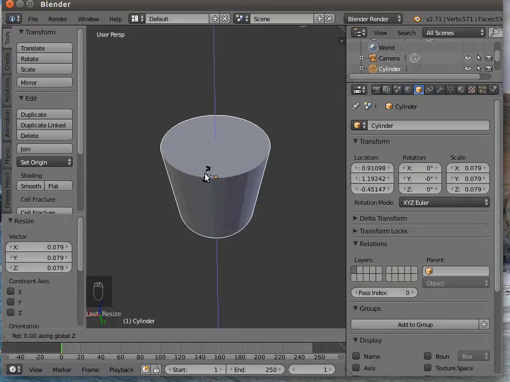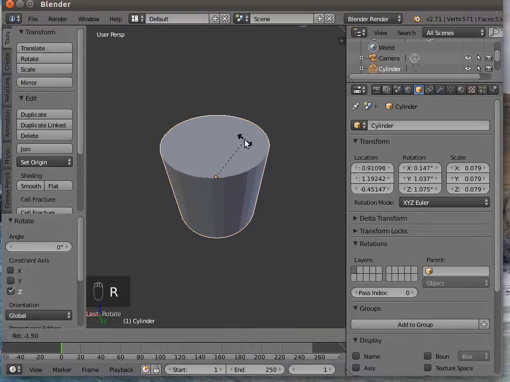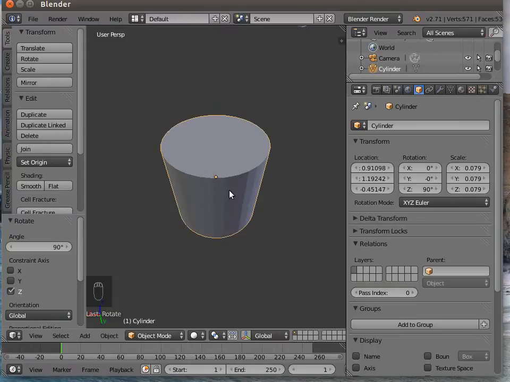And there we are at 0 degrees, as you can see. Now if I wanted to move it exactly 90 degrees, R, Z, and I can move it 90 degrees one way or 90 degrees the other. So that's moved it 90 degrees. Of course you can also type 90 degrees into there,